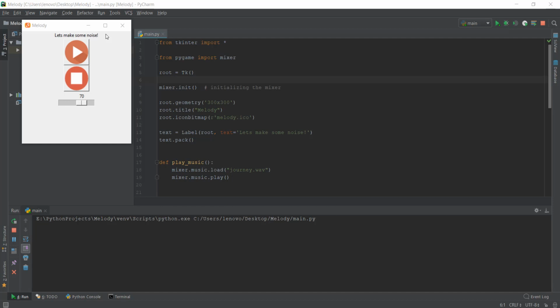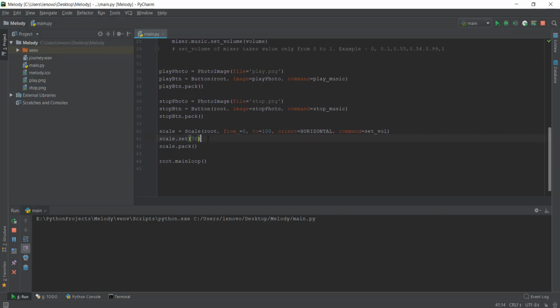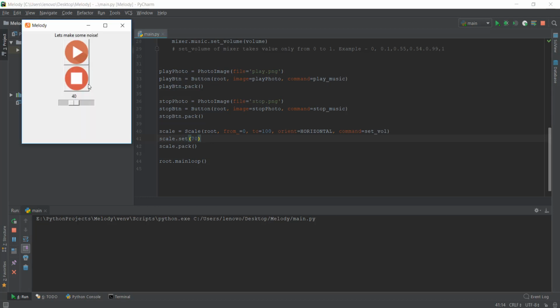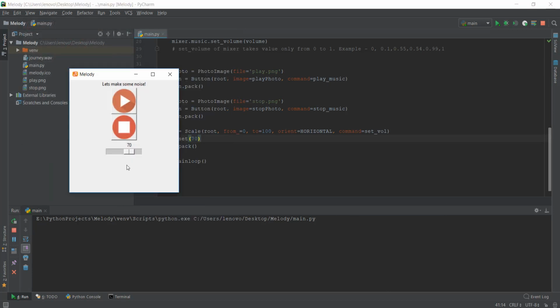But let's recap what we did in the last video. We created this volume control scale widget using which we can control the volume of a music player. The one thing that I forgot to do in the last video was, if I scroll down below, after I set the default value to 70, I also have to actually set the volume to 70. So right now it's just showing on the scale widget that the value is 70. If I run this main.py file again,